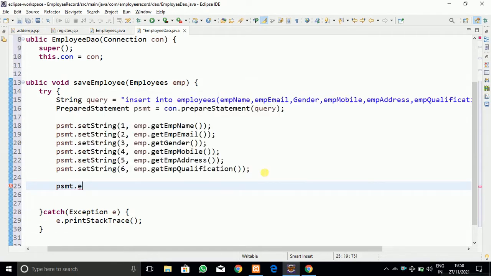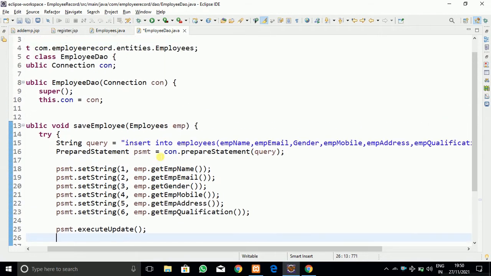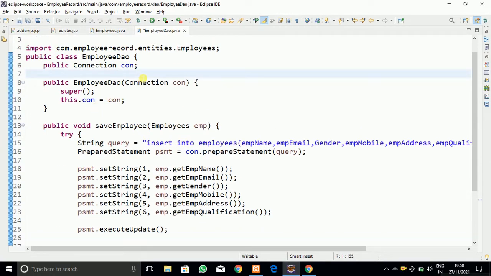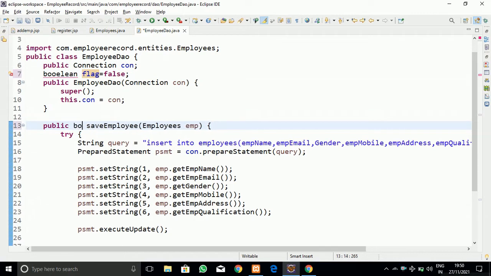Now I am going to execute that query, executeUpdate. Here we have successfully created the method, but how do we confirm that we have saved the data? For that purpose I am going to create a boolean flag variable whose value is initially false, and which is returned by our save employee method.